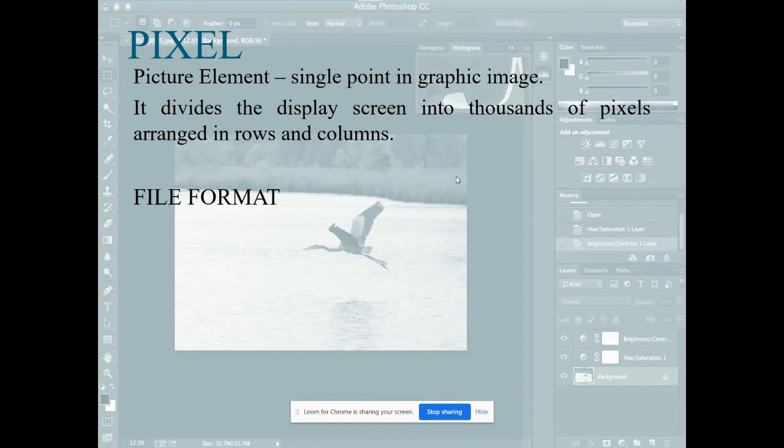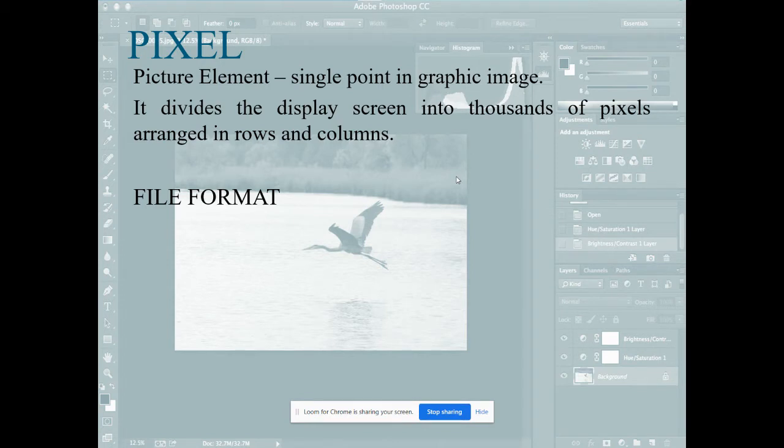Okay, so what are file formats? What is a file format actually? Whenever you use Word, what is the extension of a Word document? Yes, it is .doc. And the extension of an Excel file is .xls, and PowerPoint is .ppt, right? Similarly, why are file formats required? Yes, in order to identify what kind of file we are dealing with, whether it is a Word document, an Excel, a PowerPoint, an image or a PDF file. We identify everything using the file format.